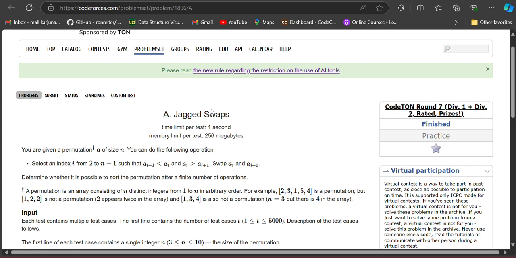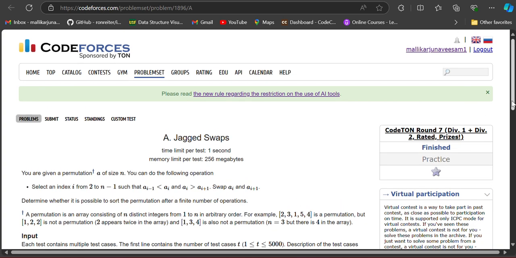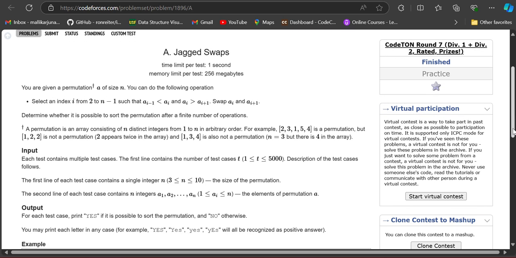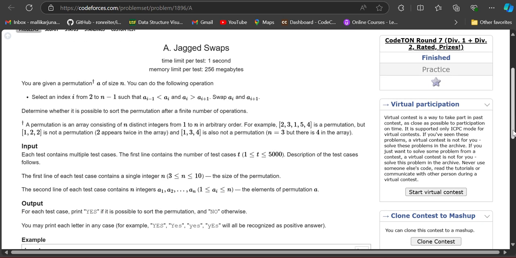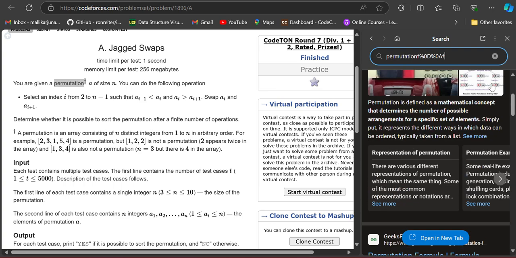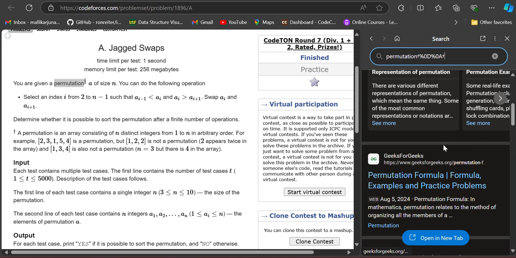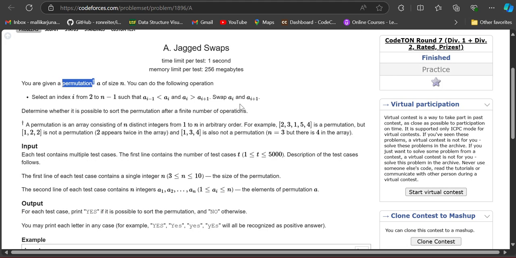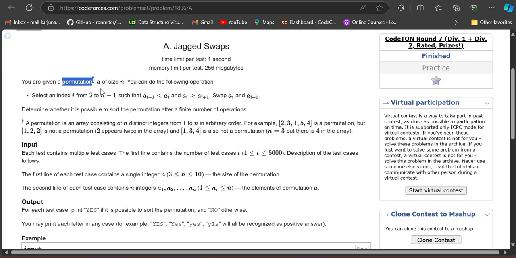Jagged Swaps. Jagged Swaps. What is it? We are given a permutation. What does this symbol denote? I think I often see this symbol after the permutations in a lot of coding contests. No, there is nothing particular. So A,